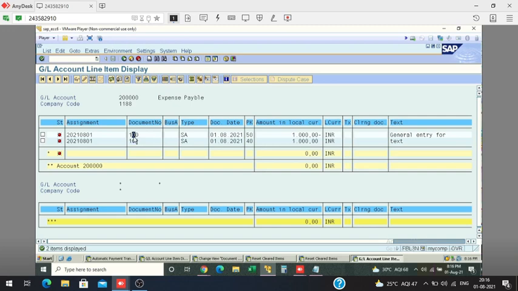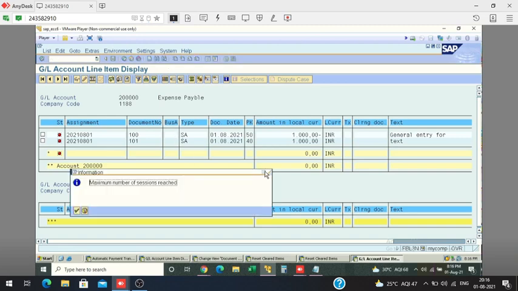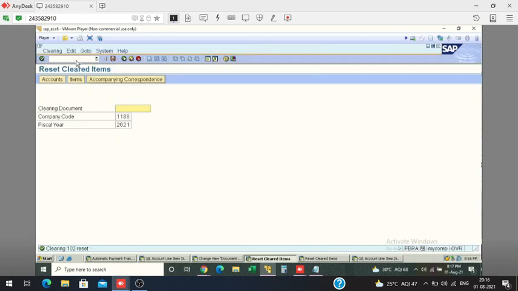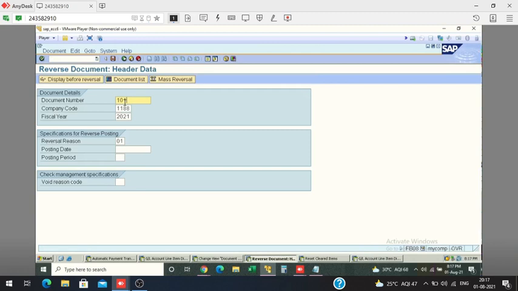Okay, I want to reverse it. Copy. So you can write down all the T codes. FB08, put here, now save. This account document is reversed now. So to reverse there are two T codes. One is for normal items, that is FB08.